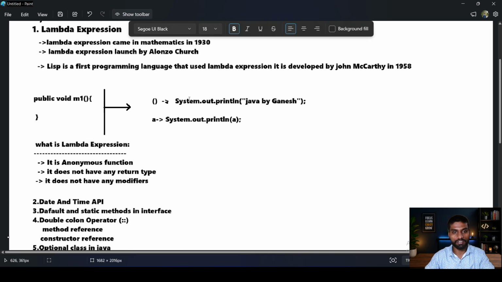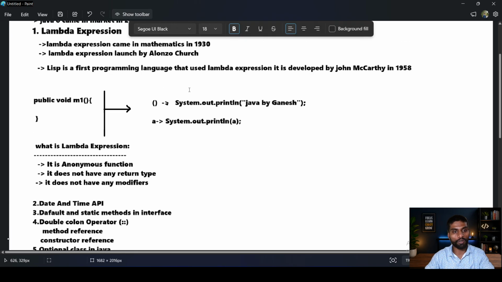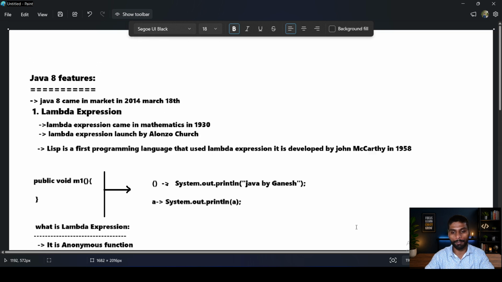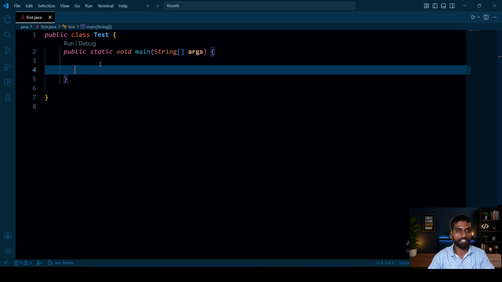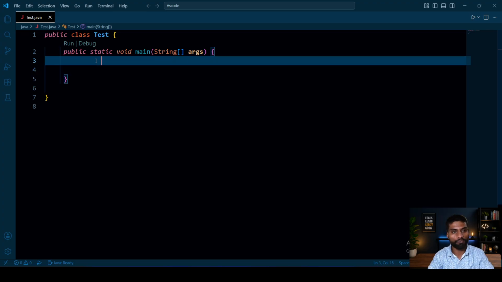So in this class, we discuss how to write a lambda expression. If you want to learn about lambda expressions, I will give one demo.